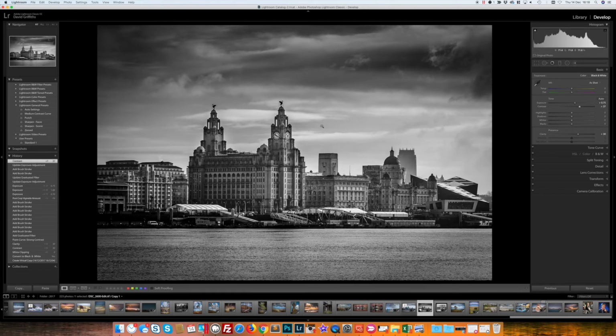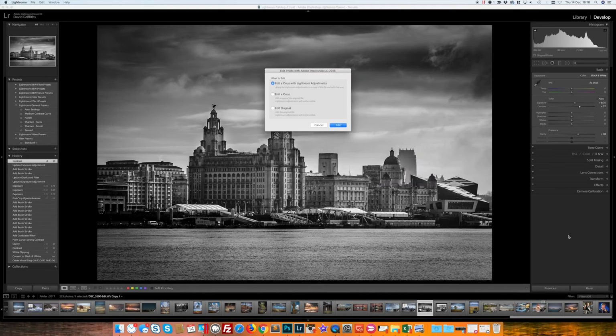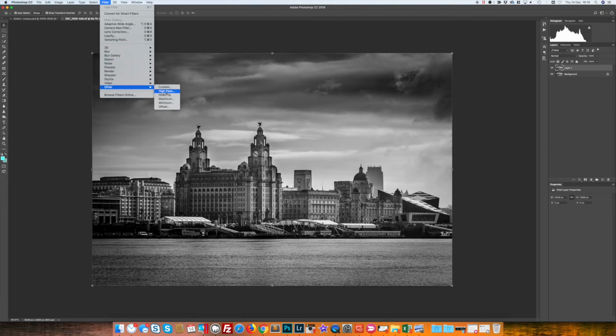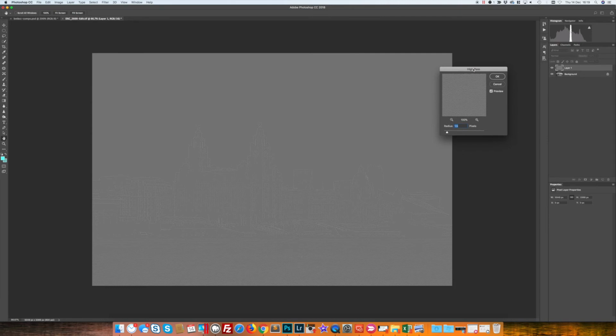That's great. So right click, and we're going to edit in Photoshop CC, and we're going to edit a copy with Lightroom adjustments. Command J, create a new layer. Go to Filter, Other, High Pass. Just drag this out of the way so we can see. And what we're looking at is, you can see all the edges here where it's going to be affected,